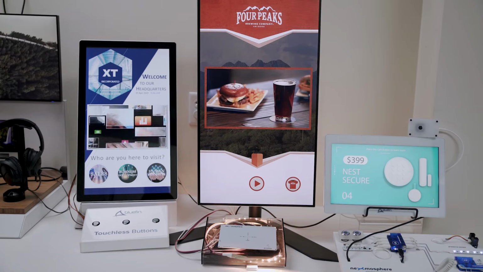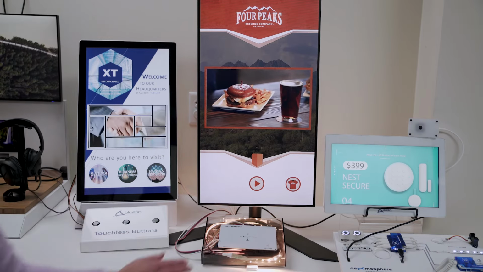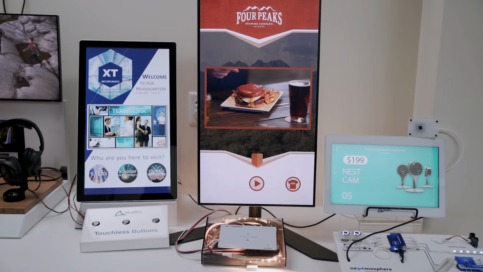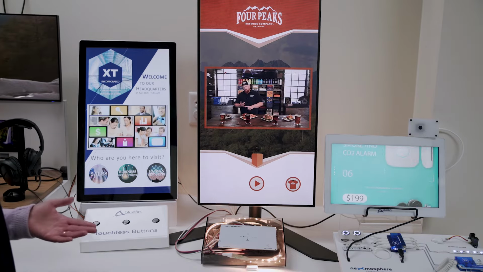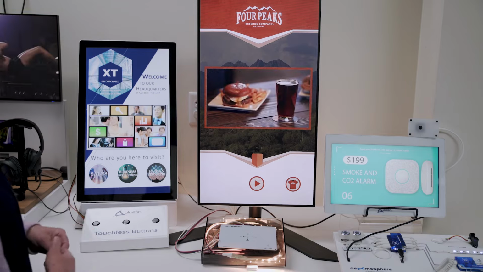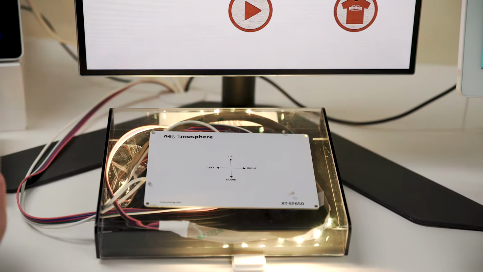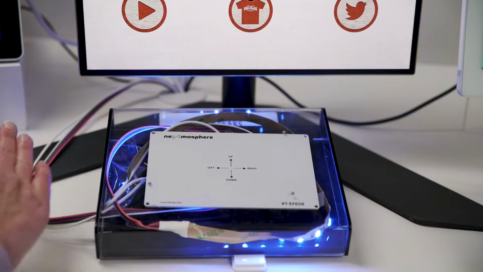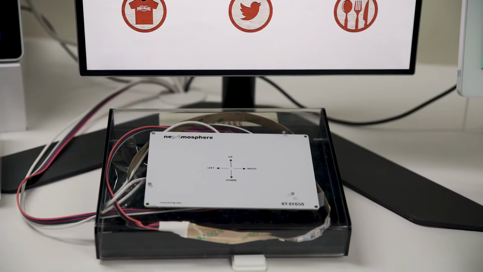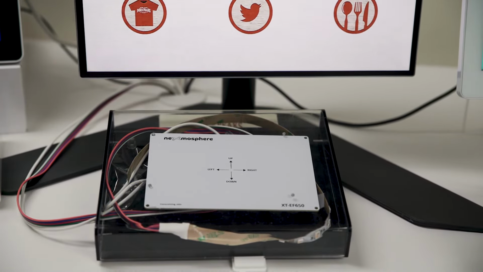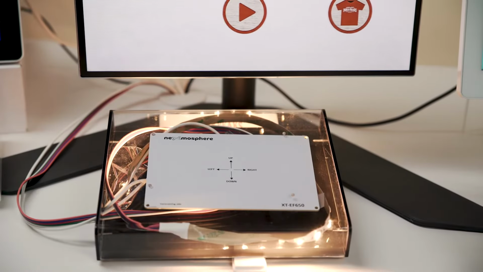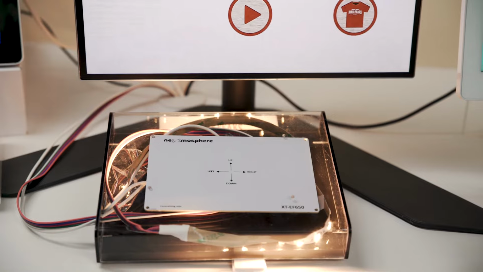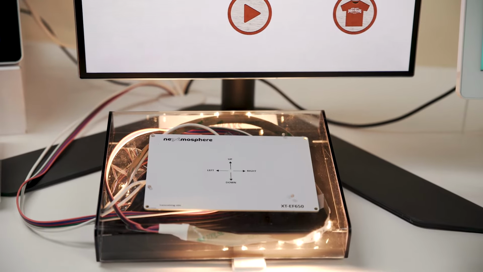Nextmosphere offers an air gesture sensor that allows you to swipe over the sensor to change what's playing on screen. This is quite similar to your mobile device where you're swiping from one screen to the next. So if we simply swipe across, we can change from one point of the sign to another. So it acts much like your mobile phone where you're swiping through content on your screen. We can also tap into the lighting and adjust that at the same time.